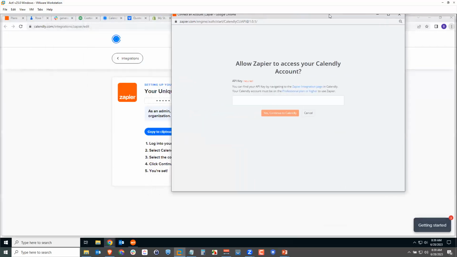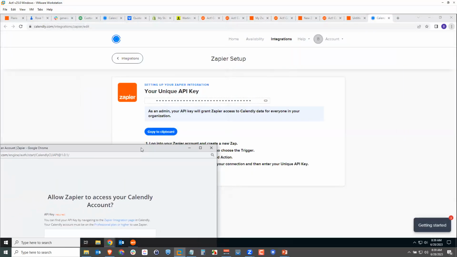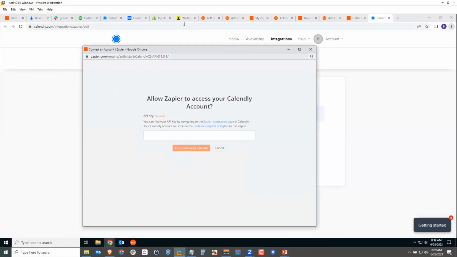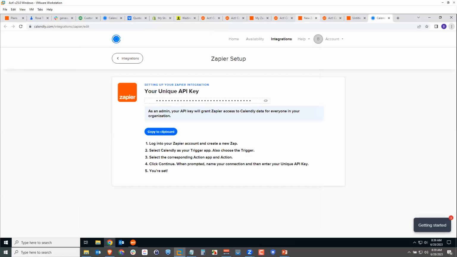I'm going to do this off screen though, so I don't have everybody looking at this. So let me just real quickly pause my share and I'll paste this in the box and click yes, continue to Calendly. All right, and then I will resume my share again. So once I've pasted that in,